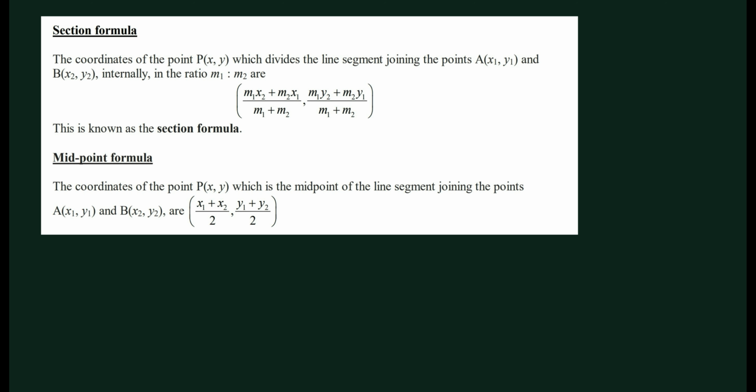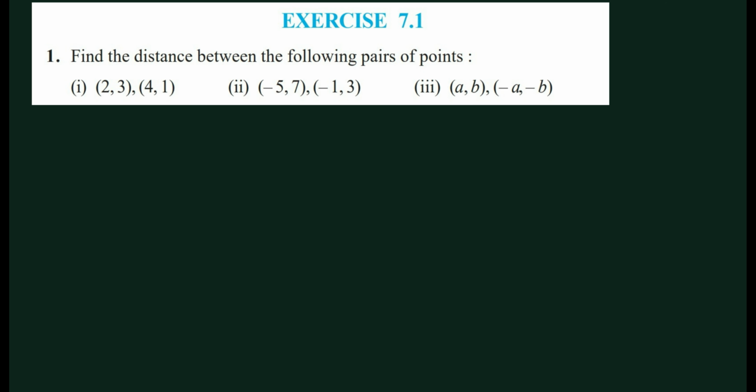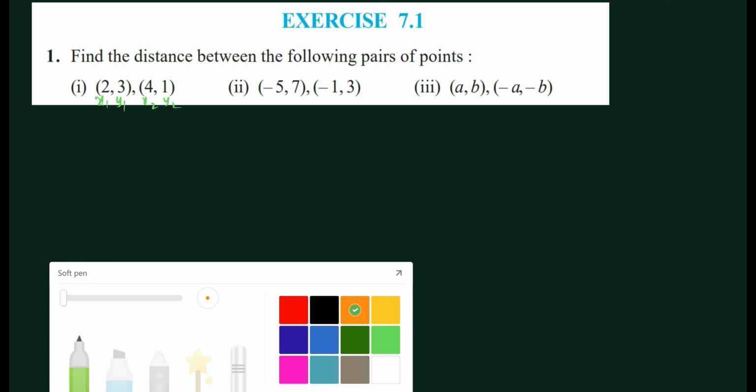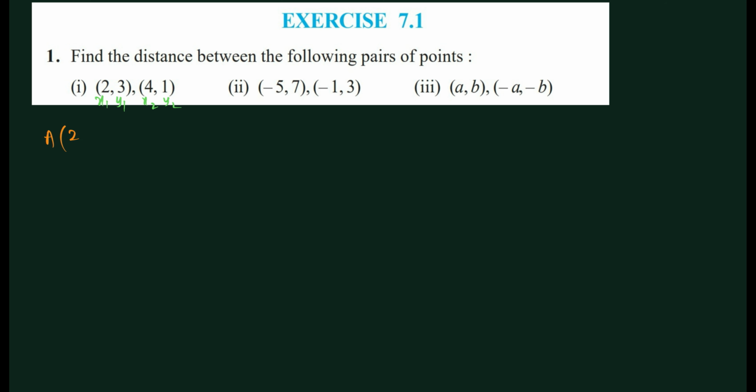Please note this down. Find the distance between the following pairs of points. Let us say this is the x1, y1 point and this is the x2, y2 point. Let us say it is point A and point B. 2 comma 3 is the point A, so this is x1, y1, and this is the point B, 4 comma 1. This is x2, y2. Then the first question: distance AB equal to,